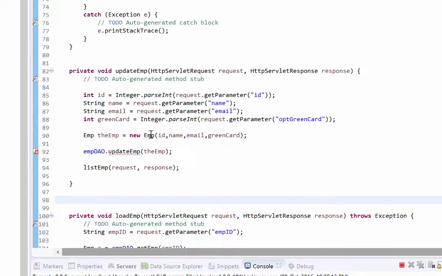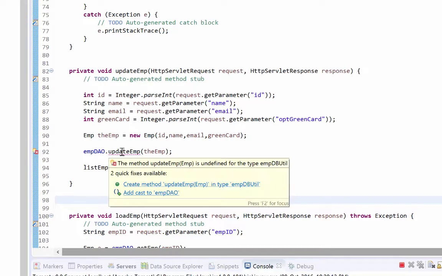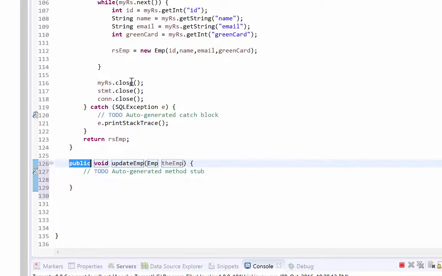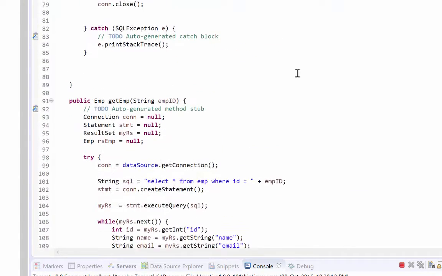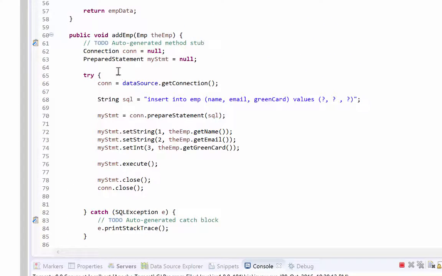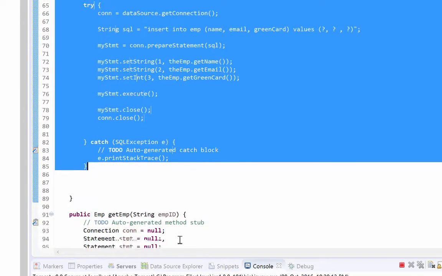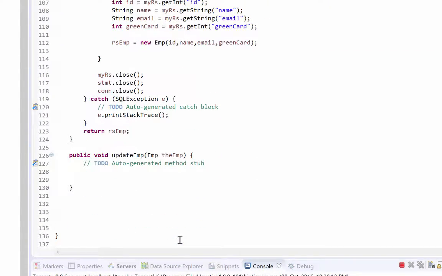So we have this error: update emp, we don't have the method update emp. We need to create this method update emp, and we'll use Eclipse to do that. So create the method update emp. This creates the method update emp in our employee dbutil. So what we are going to do is similar to what we have done in the add. If you remember add emp, we are going to do the similar thing, but instead of adding we are going to update the information. So I copy the code from the add emp,